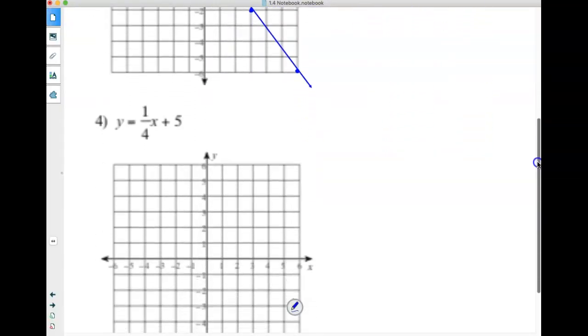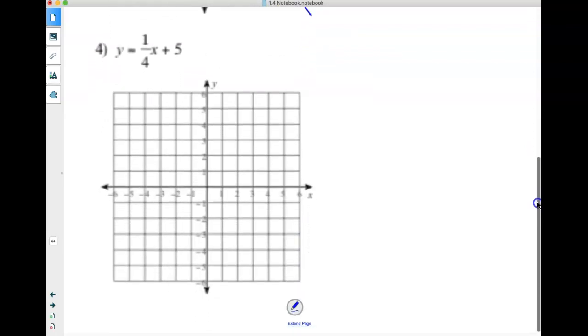Number 4, oh, look at that little dog. That's a nice one to graph. They gave it to me right away. I'm already in slope-intercept form because my y is solved. So I'm like, hey, m is a 4th, b is 5. I really have no work to do on this one. I just got to go up and plot my 5. Then I go positive 1,